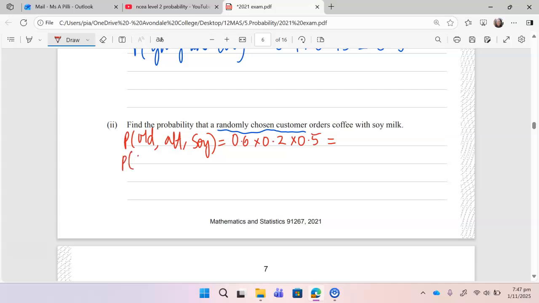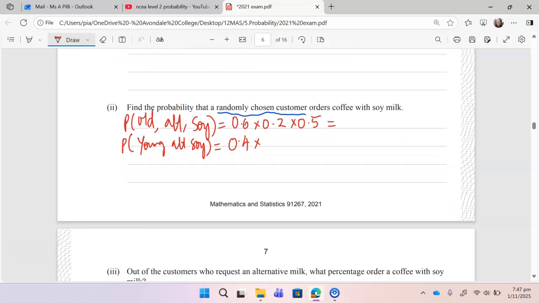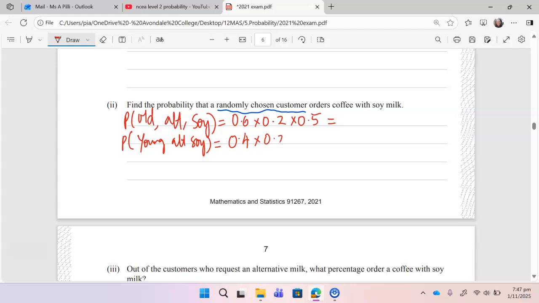Same thing with the probability of young, alternate, and soy, which is 0.4 times 0.25 times 0.15. And then we'll add the answers up, which gives us 0.06, and this gives us 0.015. Adding them up, we get